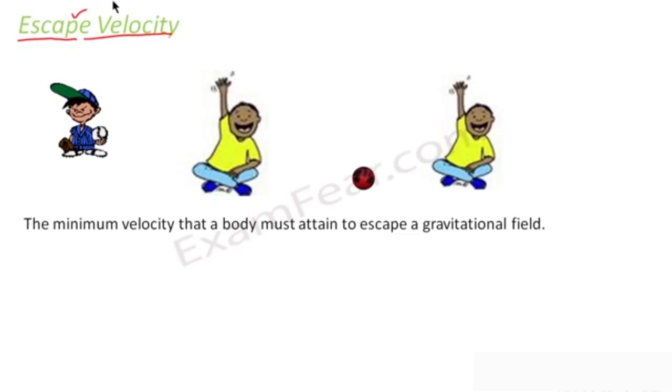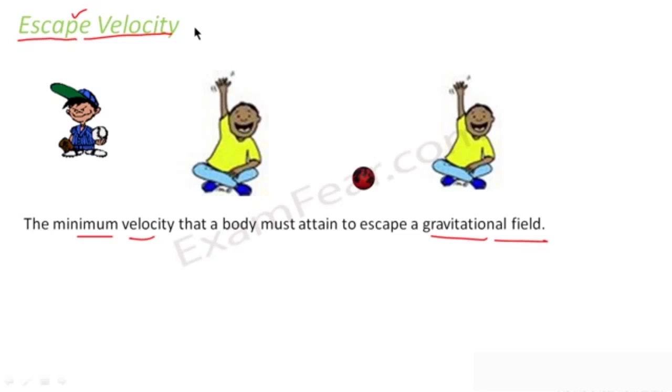Yes. So that is the scenario when escape velocity comes into play. It is the minimum velocity that a body must attain to escape a gravitational field. I hope it is easier for you to understand it now. That means if you throw a ball with a velocity which is at least equal to the escape velocity, the ball will escape forever. It will go out of the gravitational field of the earth. In that case, the body will not at all experience the gravitational force exerted by the earth, and therefore it will never come back towards the ground. It will just go ahead and escape out of the field.